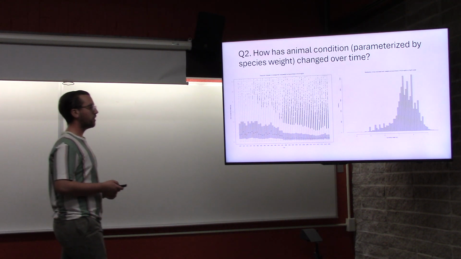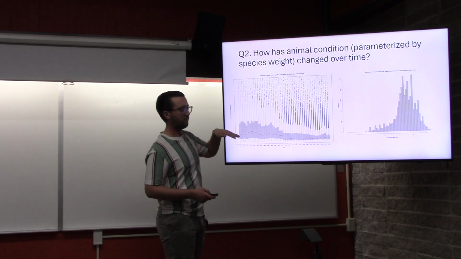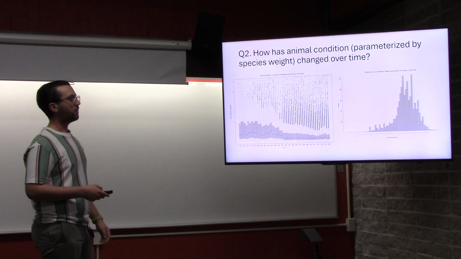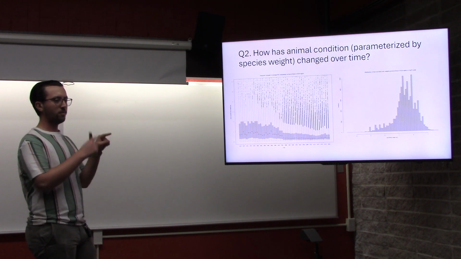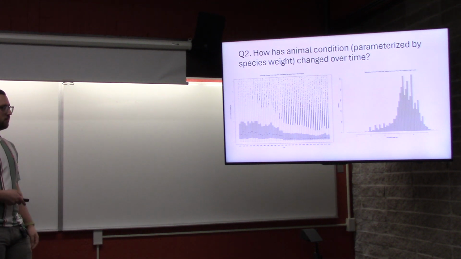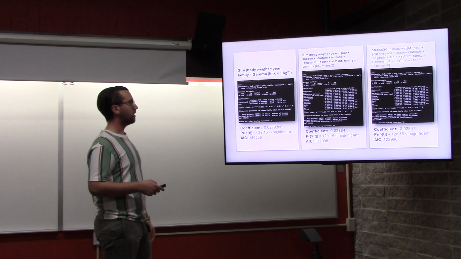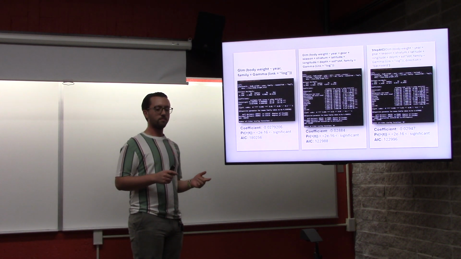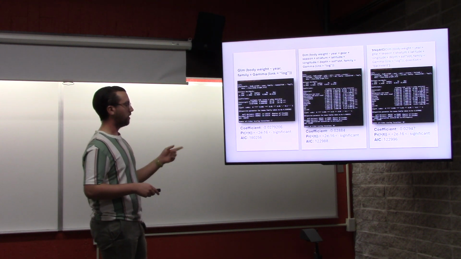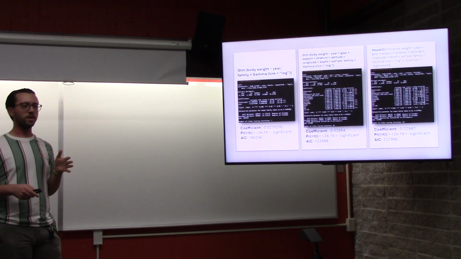Moving on to animal condition, this is the average animal body weight over time, and it looks like it's decreasing over time. Body weight overall is distributed logarithmically, kind of according to the length-weight relationship, so there's a lot of stuff that weighs just a little. Using a log-length function for an appropriate distribution of body weight, we find that year is negatively associated with body weight, and species on average are losing about 28 grams a year.